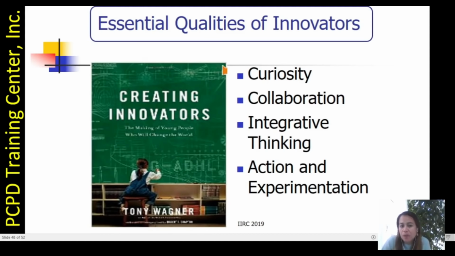Integrative thinking, where this child would be able to explore other subjects as well and do his or her own thing. And my dear teachers, we should never forget that our students are bound to make mistakes, and it's our job to process it